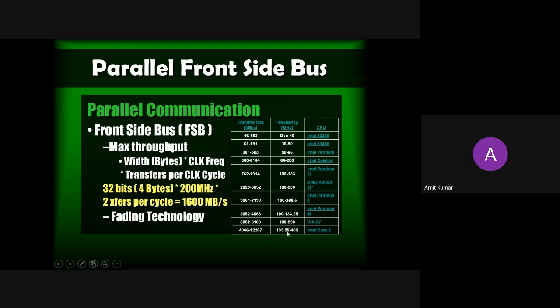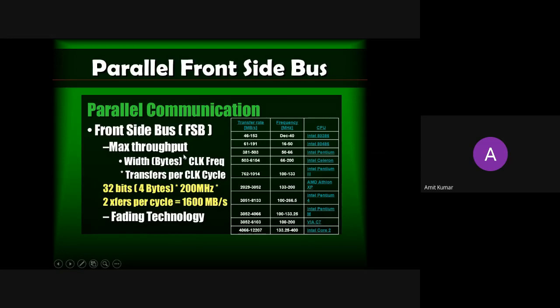Currently, in the Intel Core i7 processor, we are able to achieve 3.5 or 4 gigahertz. That's a very high frequency. That's why the transfer rate has become very high, and you can use the data at a very high speed.